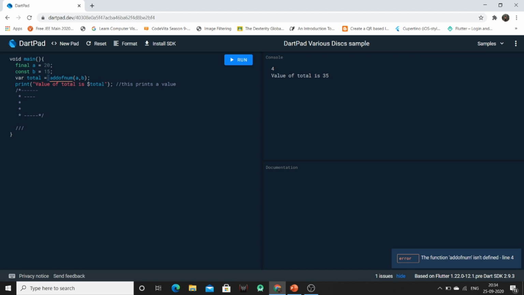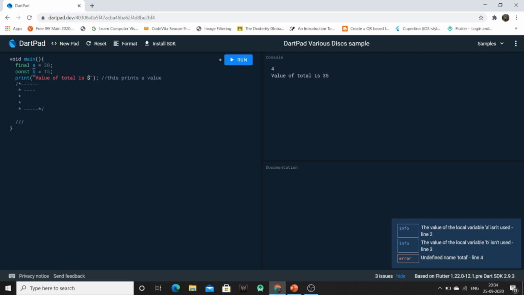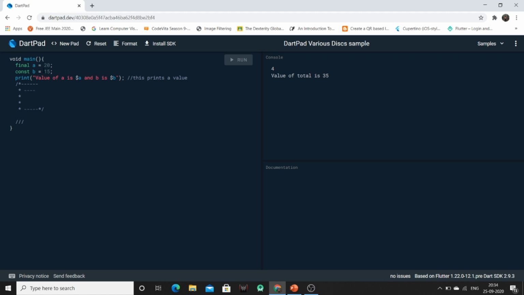So the value of a is a and b is, so this will return the values of a and b, which have type final and constant.